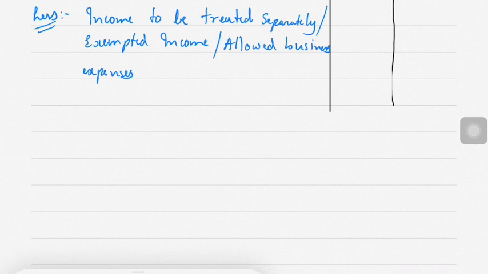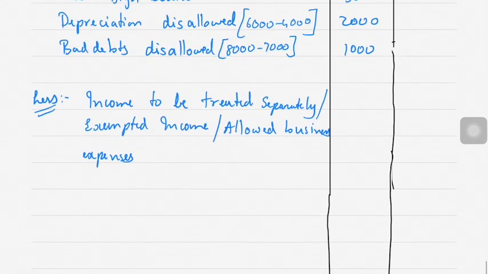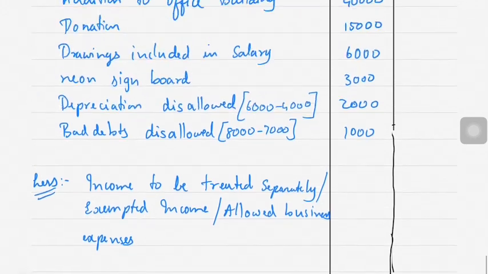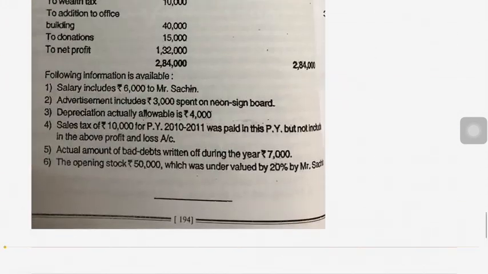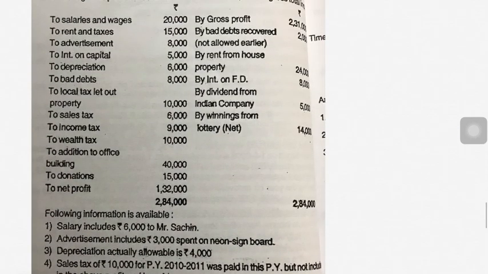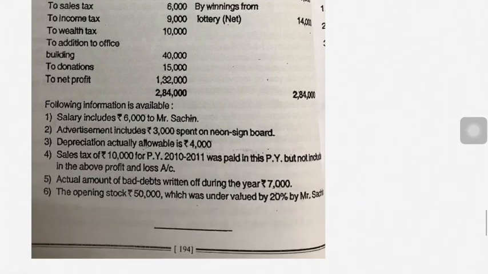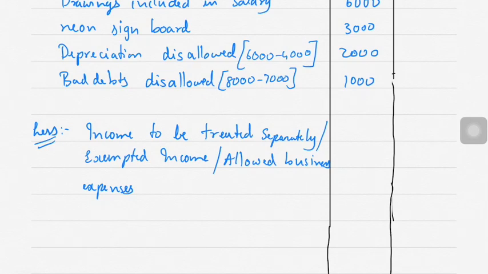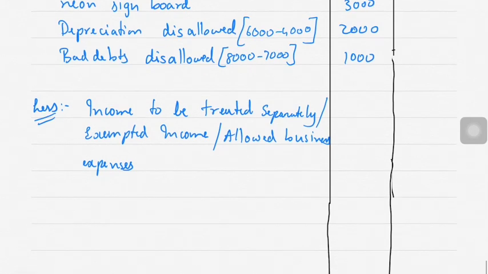Okay. Let's see the credit side. Bad debts recovered, not allowed earlier. This I have explained yesterday in my previous video. Correct? So,